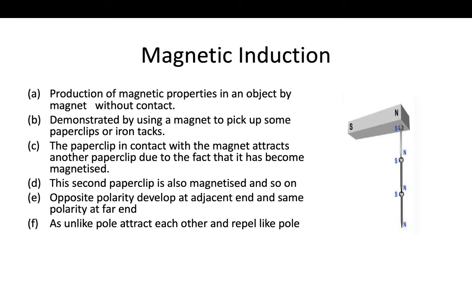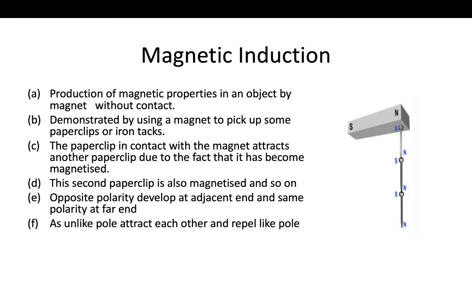Production of magnetic properties in an object by a magnet without contact is called magnetic induction. To understand this, look at the picture here. A magnet having south and north pole,